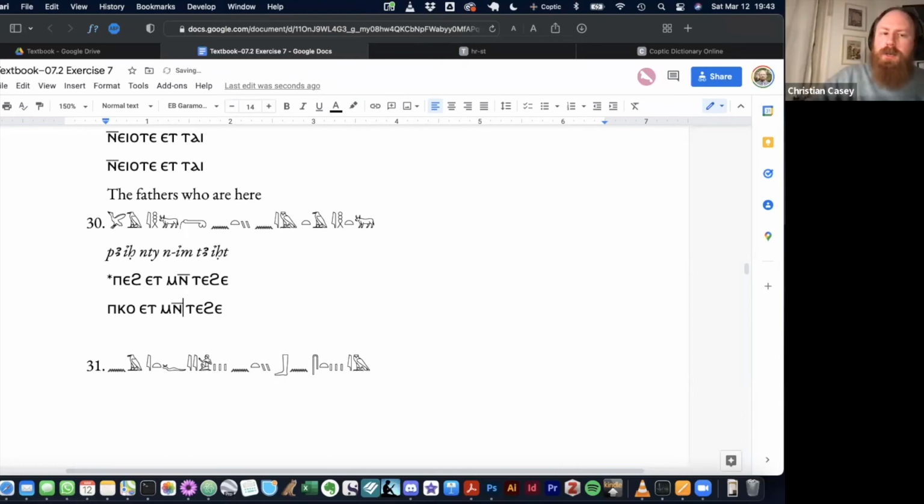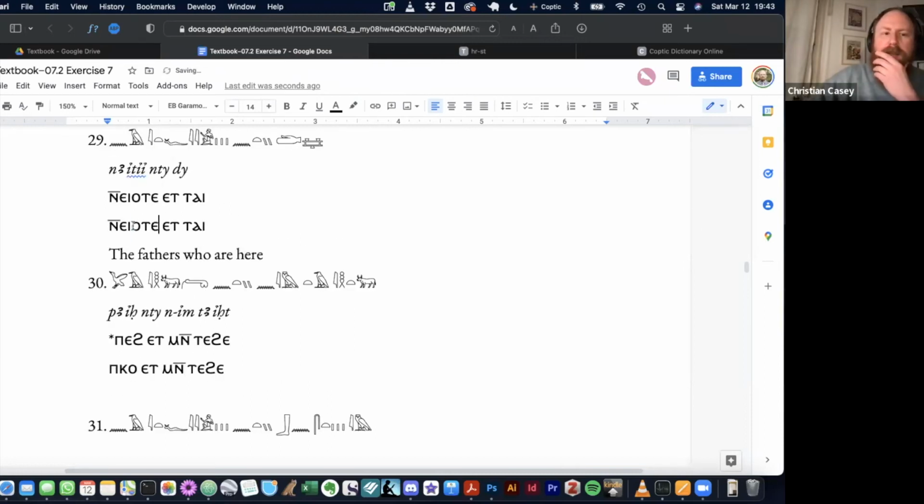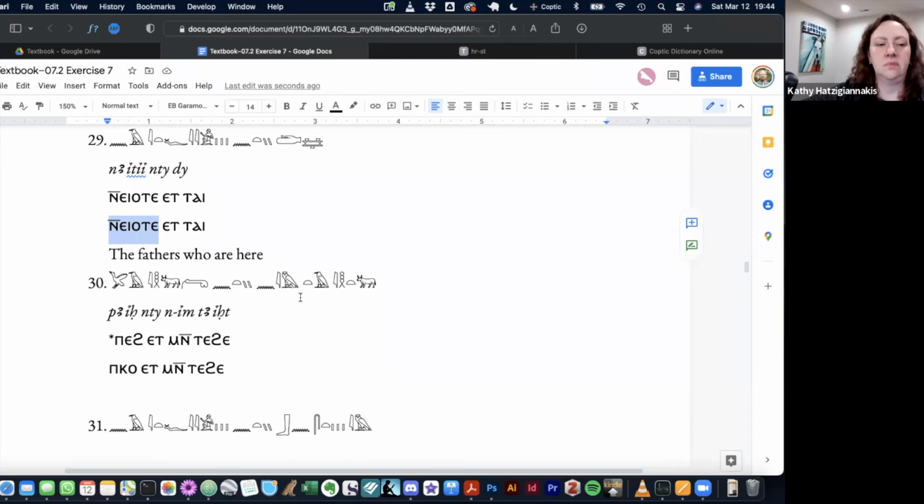Although there are some cases, especially in a case like this, like Enyode, is it Nyode or Enyode? I think it depends on the context that it comes in, because there's a rule in Egyptian that you can have consonant clusters of no more than 2 consonants together. So if a word begins with a consonant and then you put the N on it,